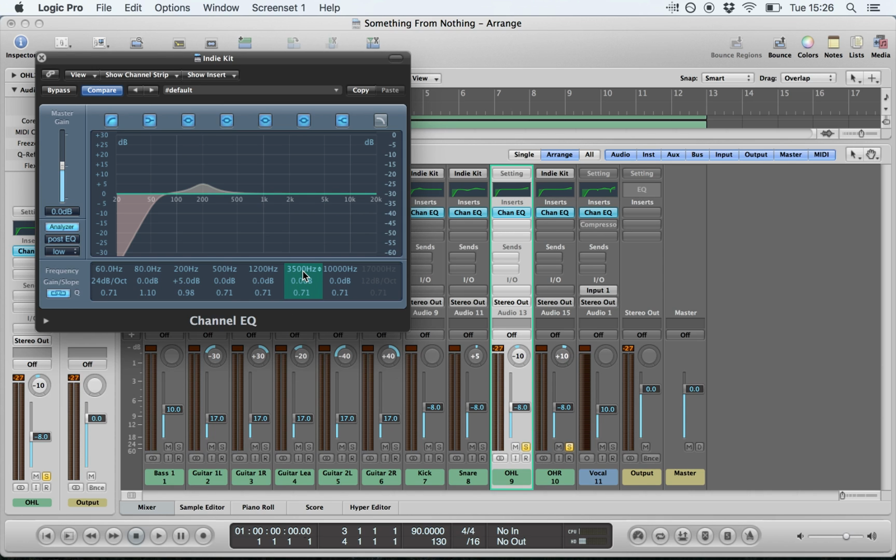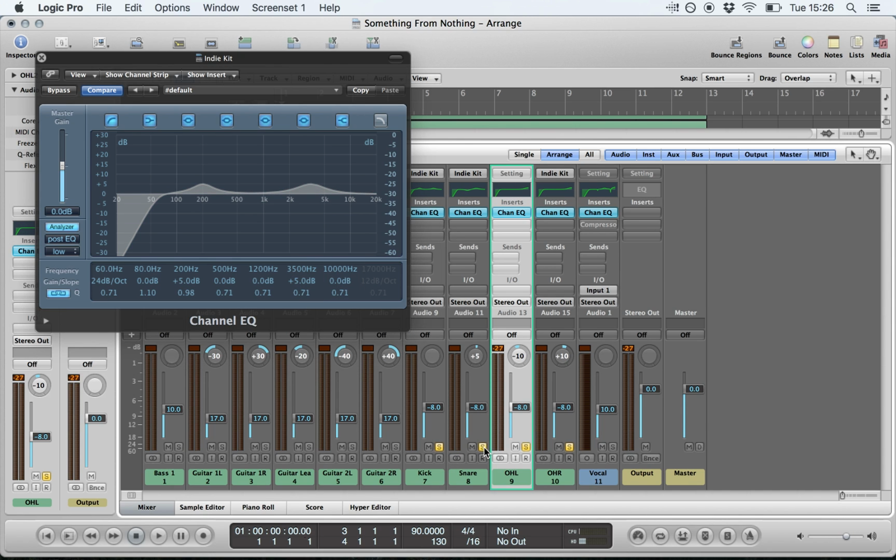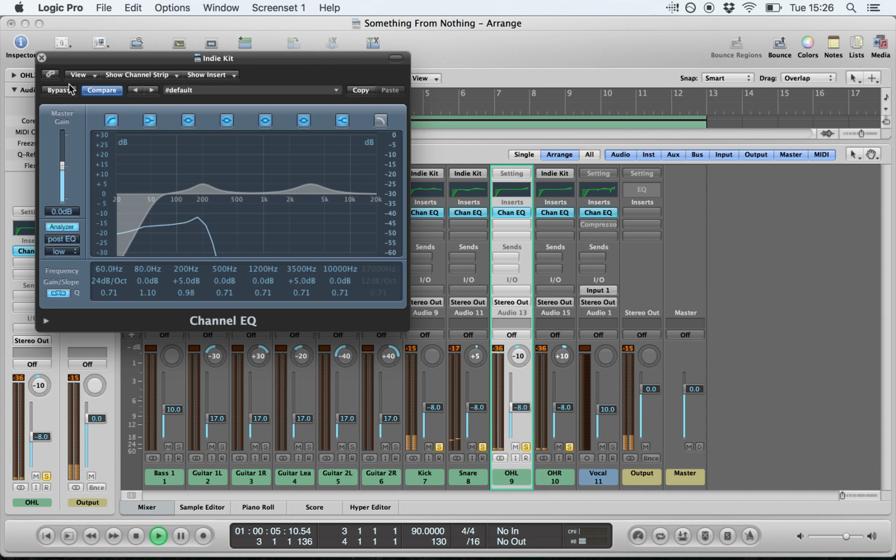For a clickier bass drum, you could probably boost at somewhere around between 2 and 4 kHz to give more click to the kick. And that will give it a bit more presence so that it's clearer in the mix.